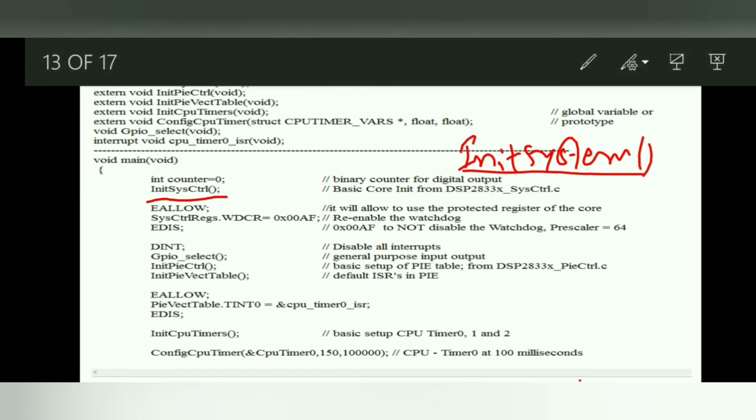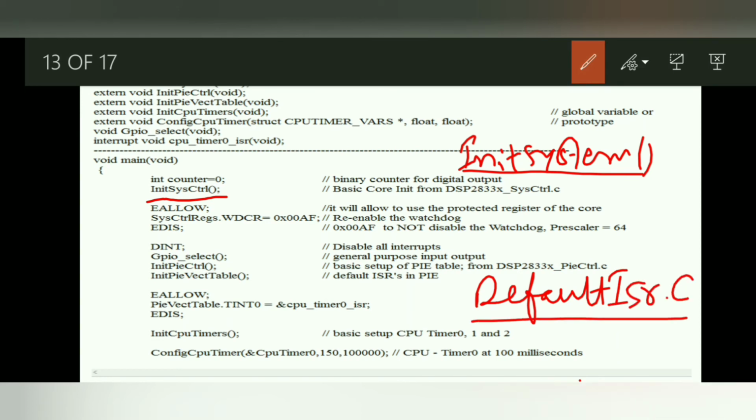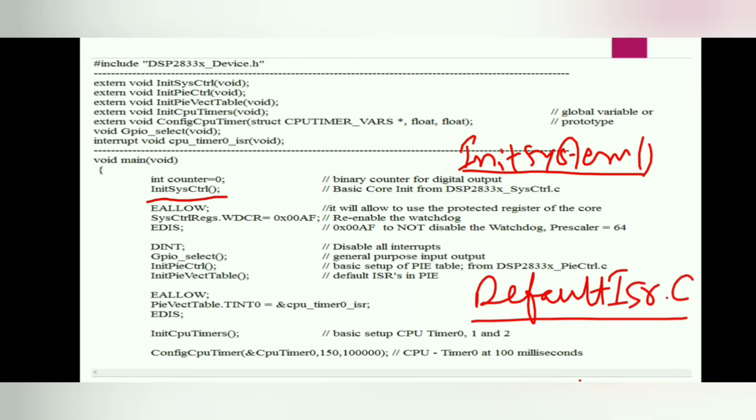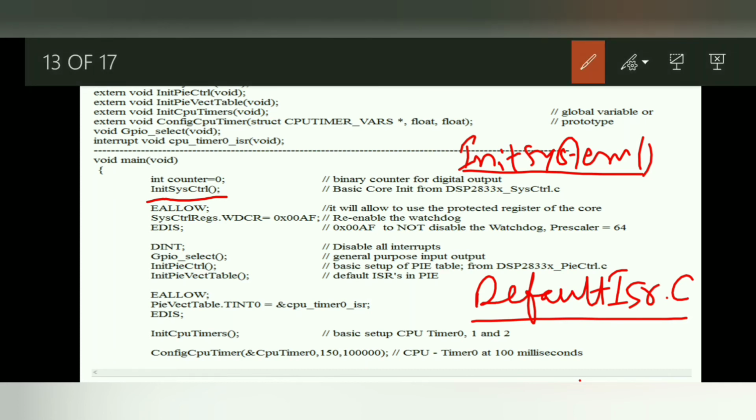So one file will be default isr.c. If you see this file in your TI Code Composer Studio or Control Suite, and you open this file, you will see that it consists of an endless for loop and a specific assembler instruction, that is e stop 0.